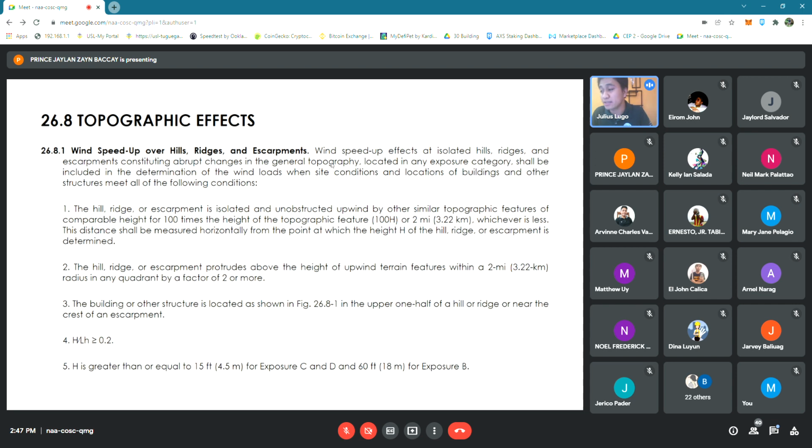So meron tayong tinatawag na wind speed up. Ano ba itong wind speed up na to? Imagine guys, if you are for example in a flat surface, if you try to blow like that, parang wala namang masyadong change in the velocity of the wind. But if you try to blow into a slanting surface, there's this force of the wind that is actually amplified at the top. Kasi babalandra yung wind ng ganyan. So there's a sudden change, and that change is causing the wind to gain more pressure, kasi it has an impact on the surface of that